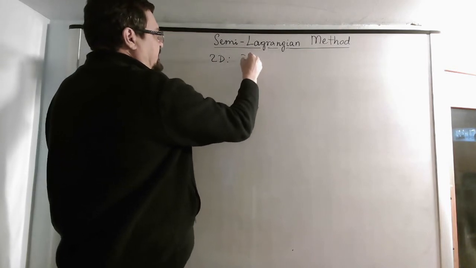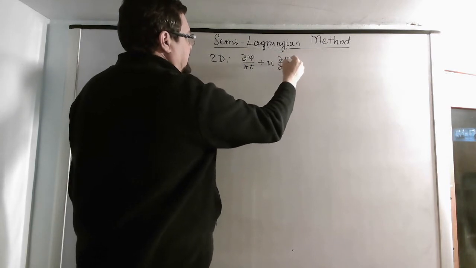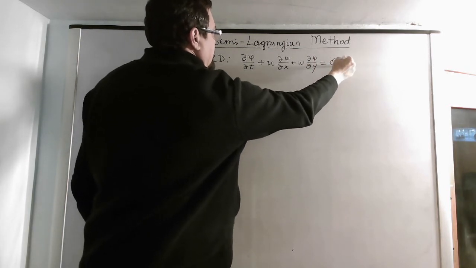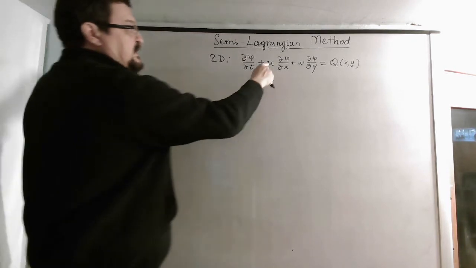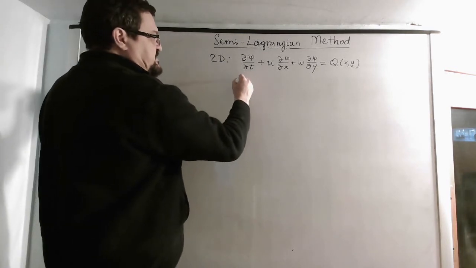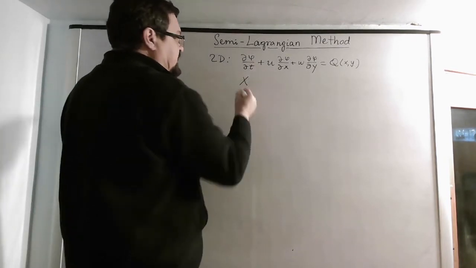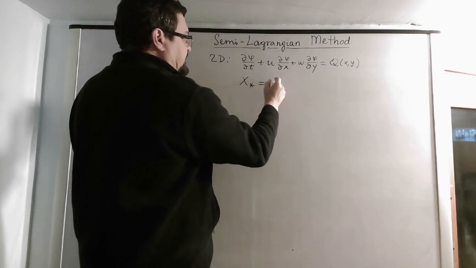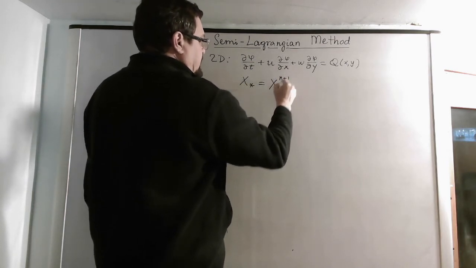For example, in 2D, if you have a problem like this: d phi dt plus u d phi dx plus w d phi dy equals some q of x, y. In this two-dimensional problem, you now have variable u and v, and you need to find your departure points, which you can do using, for example, just a first order scheme like that, where your departure point equals